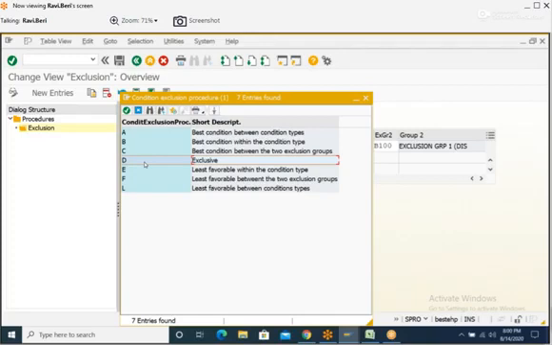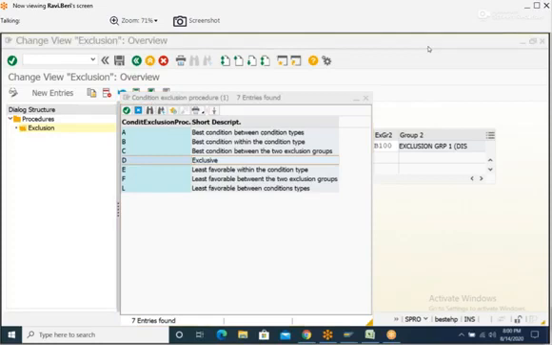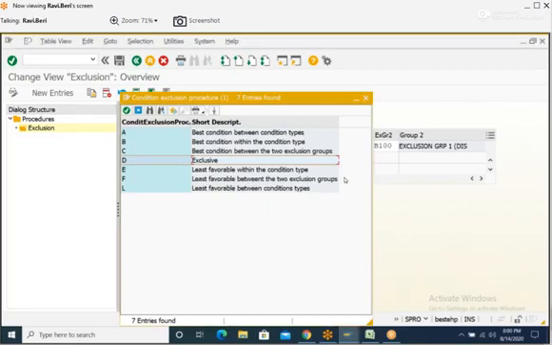The condition exclusion procedure D will be used to group the group condition types.